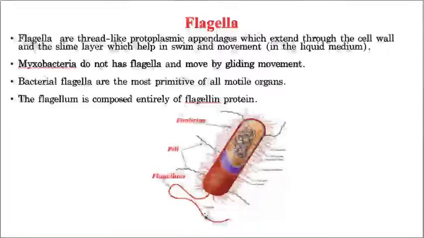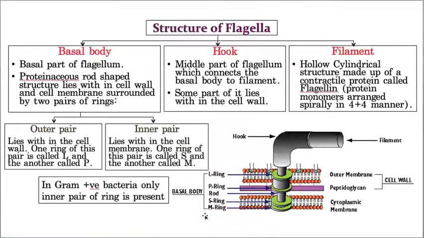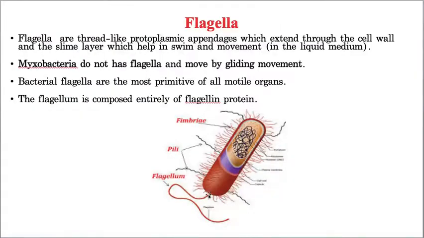Now let us go through all the details of flagella. If you take one flagellum, it consists of three parts. The first part is the basal body. See, this is called the basal body. The next one is the hook. And the third part is called the filament. It is very long, but in the diagram we can't show it, that's why we restricted it. It is very long.